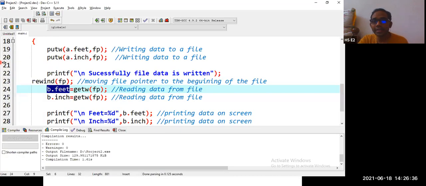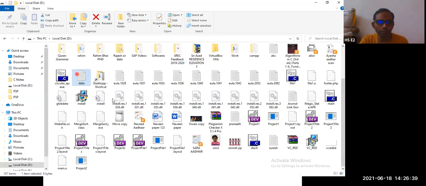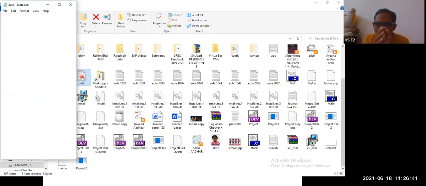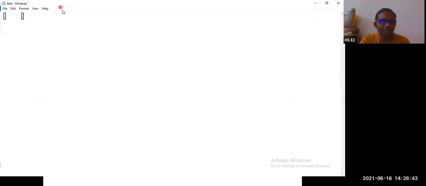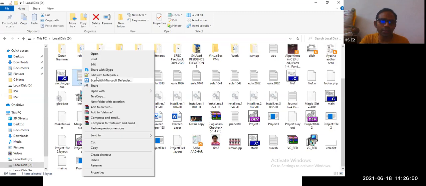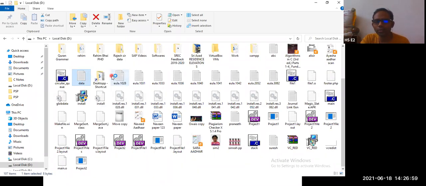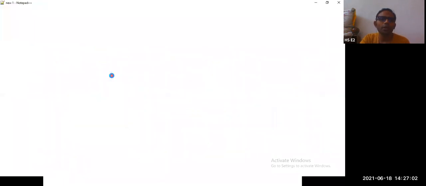So let us see what is there in the file. Let us open the file. Previously we had 58. Can you see here? Is it an understandable format? No, some boxes. So what we can do here is open this file using Notepad++. Notepad++ is a free software you can download from Google and install it. So install it, edit with Notepad++. When you open the file using Notepad++, then you can see something different. So let it open.